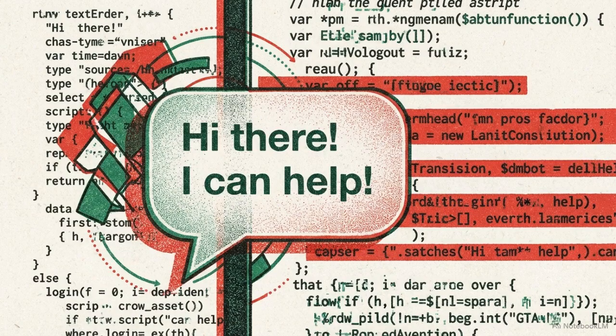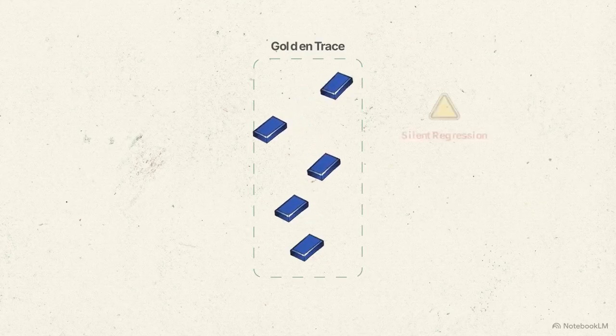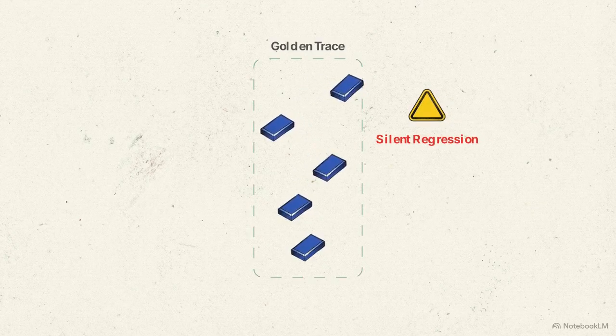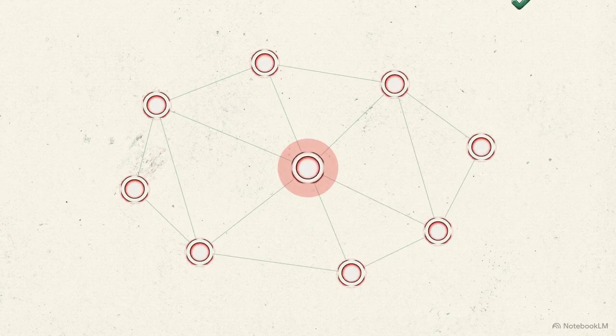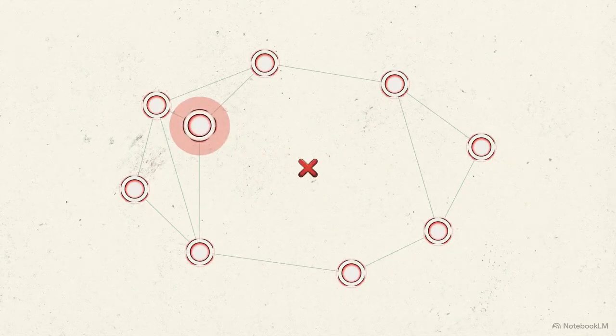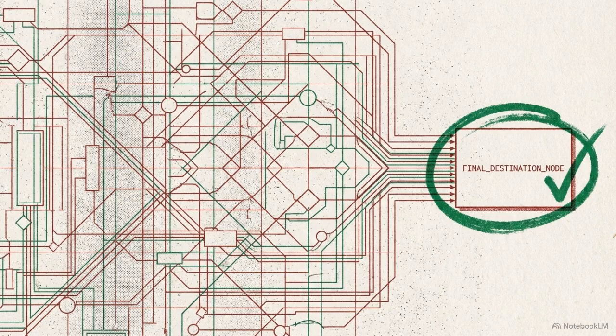The agent's polite, conversational text hides the fact that the underlying sequence of tool calls has drifted from the original design. Traditional unit tests are built for predictable, step-by-step code. They cannot validate the dynamic decisions a language model makes when deciding which tool to use. On the other hand, AI evaluation frameworks focus on the output. They check if the prose is accurate or relevant, ignoring the sequence of software functions called along the way.